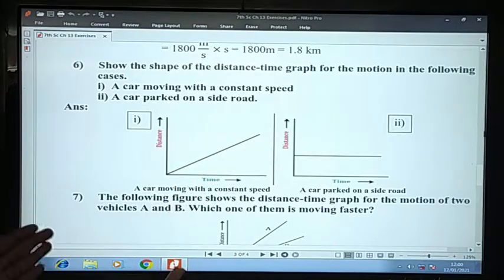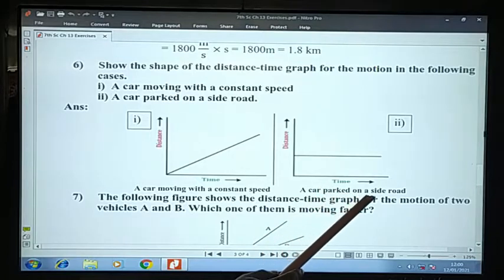Constant speed, the car is going at the same speed. And this one shows a car parked on a side road. Okay, students? Now next question is,